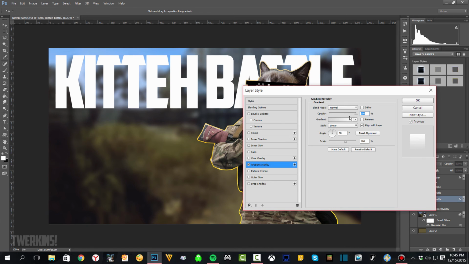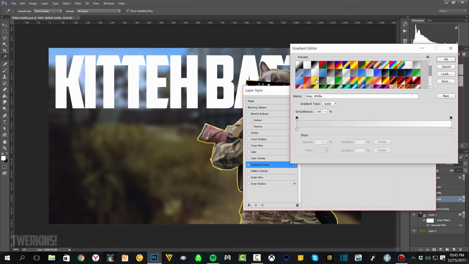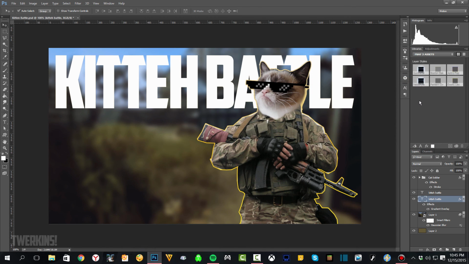And the gradient I'm going to use is that yellow that I used on the kitty on his stroke border. And then I make sure that my move tool is selected, and I'm going to bring it down